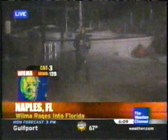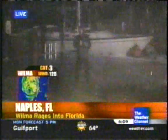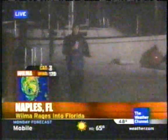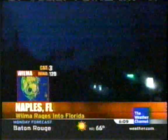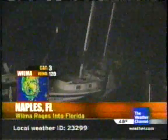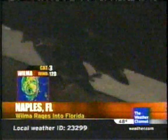We're now starting to see our winds shift just a little bit. Primarily, they've been out of the east, but I've been watching the boat behind me, and it has a flag on it. That flag is now starting to shift a little bit more toward the south, more of a south wind. So we're going to see them swirl a bit because we're basically on that dividing line between the eye wall and the eye. So we anticipate a bit of a swirl to that wind, and then eventually once the